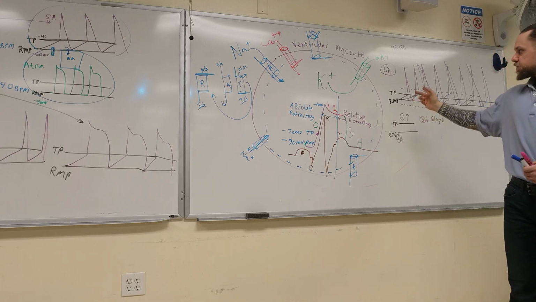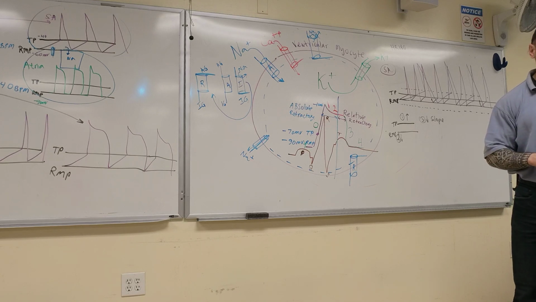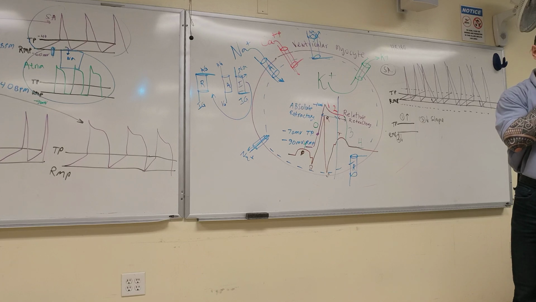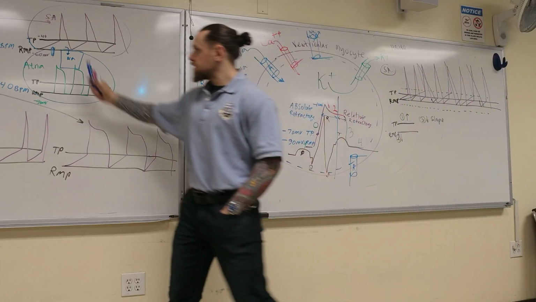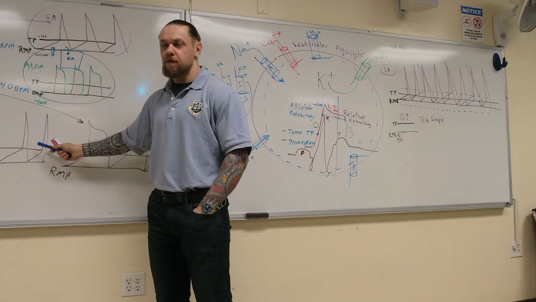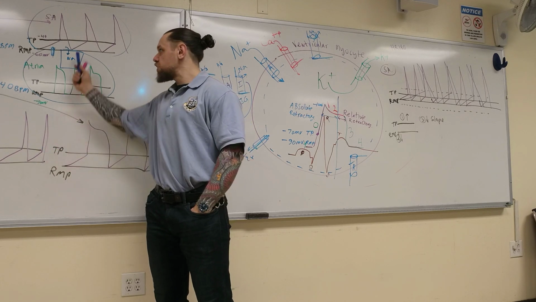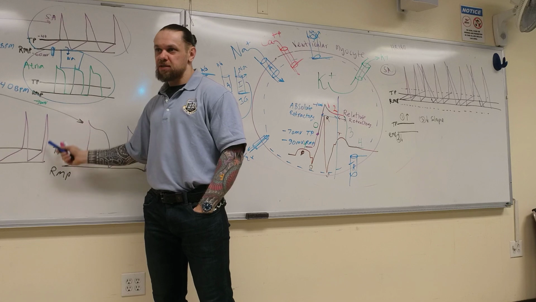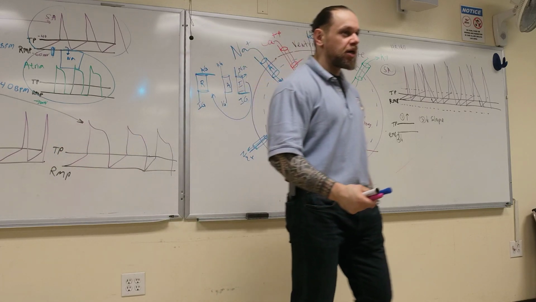Now, if this was coming from the atria, and there was a supraventricular rhythm, do I want to give him a sodium channel blocker or a calcium channel blocker, and why? You want to give them a calcium channel blocker because it will affect the atrial rate, but it won't affect the ventricular rate. Good. Remember we said the SA node and the AV node were depolarized by calcium. So by giving them sodium channel blockers, do you think they're going to be as effective? No. So that's why, if you look in your protocols,